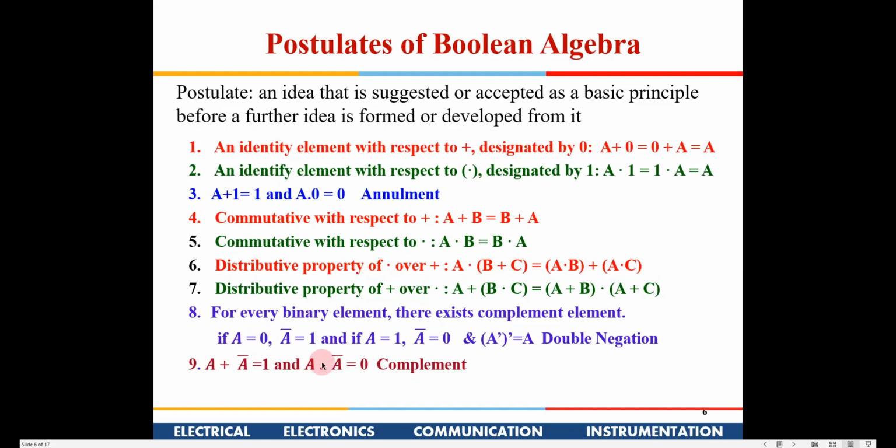So it will be 1, right? And this is known as the complement rule. Again, A dot A bar is 0, right? In this case, if you see, it is an AND gate, so both have to be 1. But you are taking A and A bar, so one of them will be 0 in any case. That is the reason the output will be 0. So these are some of the basic rules which we need to remember.